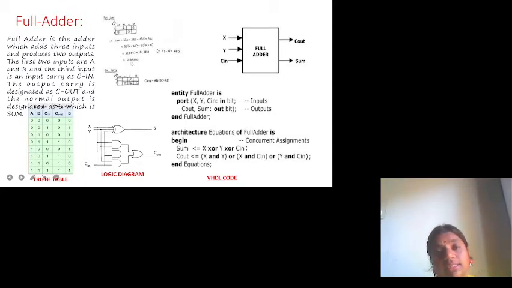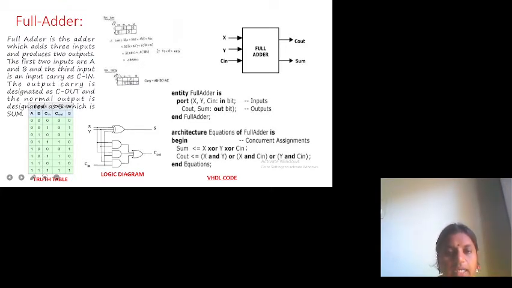Already we have studied in digital logic design, the expression for the sum of a full adder can be represented as A bar B bar C plus A bar B C bar plus A B bar C bar plus A B C. So taking A bar common, B bar C plus B C bar, plus A into B bar C bar plus B C. Here B bar C plus B C bar is nothing but B XOR C, plus A into B XOR C. Here A plus A bar is equal to 1, so the final expression for the sum is A XOR B XOR C.